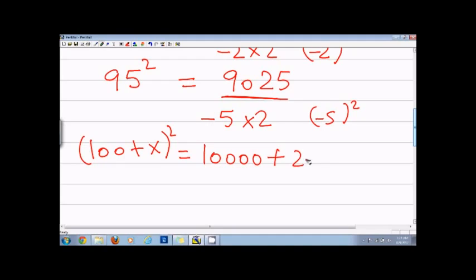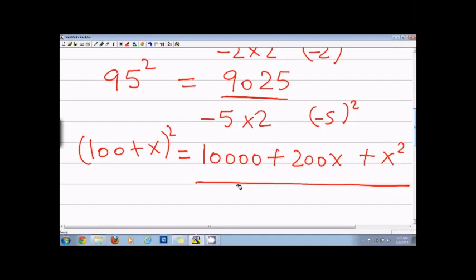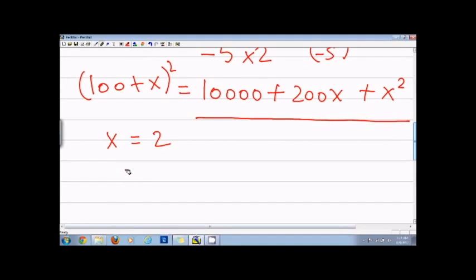If you look at this equation, it looks very close to my trick. In this case, whatever I have as x, I multiply that by 2 and then add it to the hundreds place. And similarly, I square x and then add it to the ones place. So if x is equal to 2, then what I'll do is say 10000 plus 400 plus 4, that is equal to 10404. So if you look carefully, this is the same